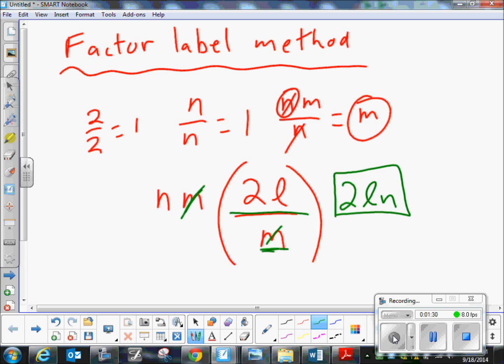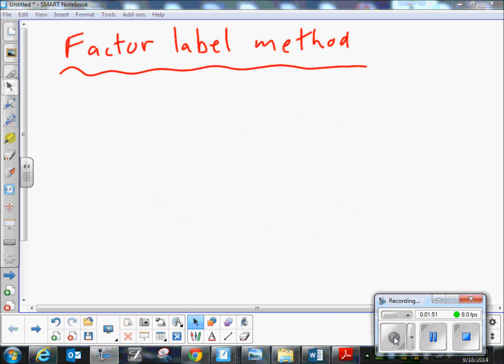So we're really just looking at what's up here, and if we're not happy with the label, we're going to have to put whatever part of that we're not happy with down here so we can factor that out and then be left with what we're going for. In this case, we preserve the n. Okay, so if you know and understand that kind of math, then we can move on. Okay, so we're going to talk about